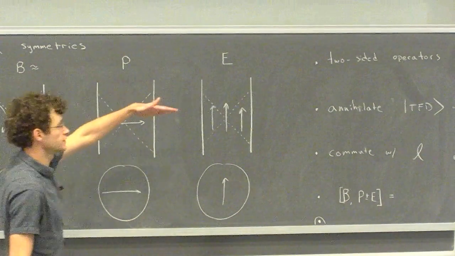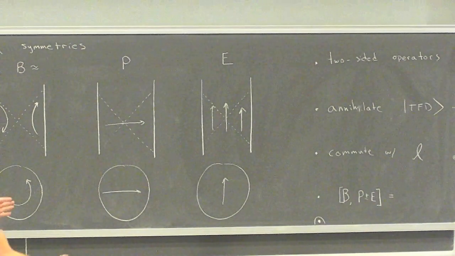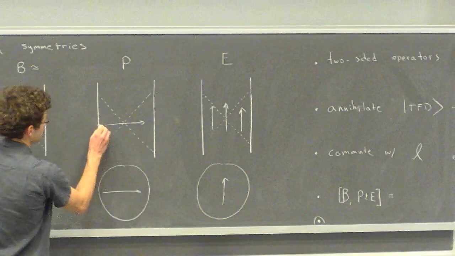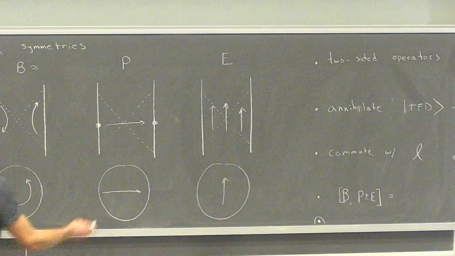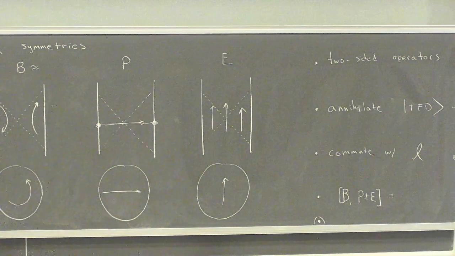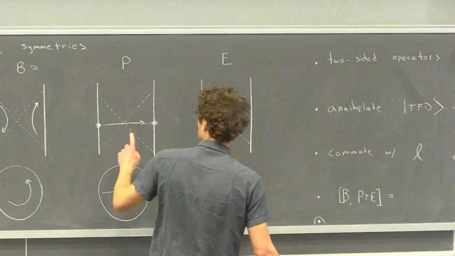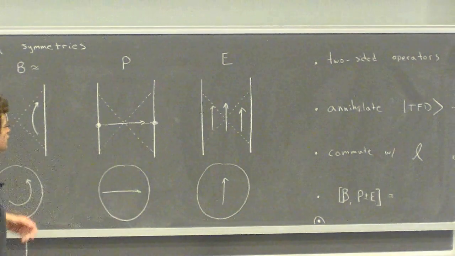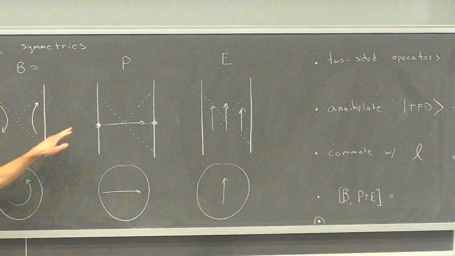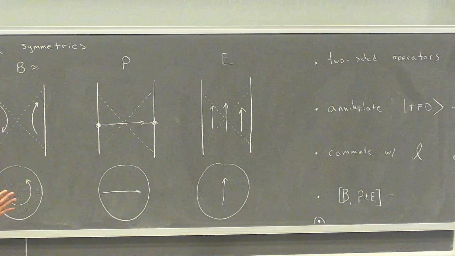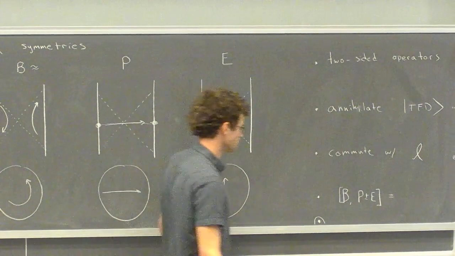So these are two-sided operators, so they act at some point in the Hilbert space, at some point on the boundary, and so to define them precisely, we should pick two points, one point on the left side, one point on the right side. For example, P is a translation along the geodesic connecting them. And if we define the operators that way, then they commute with the length between these two points. So each of these three operators commutes with the length between the two points, again viewed as an operator in the AdS2 theory.